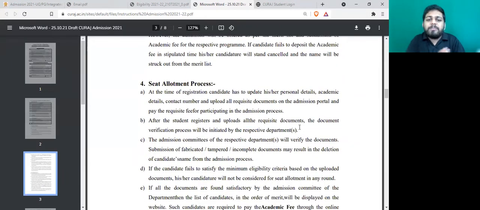And the seat allotment process would be like this: at the time of registration, candidates need to update all the details regarding personal details, academic details, contact number, and all the documents related to the details.